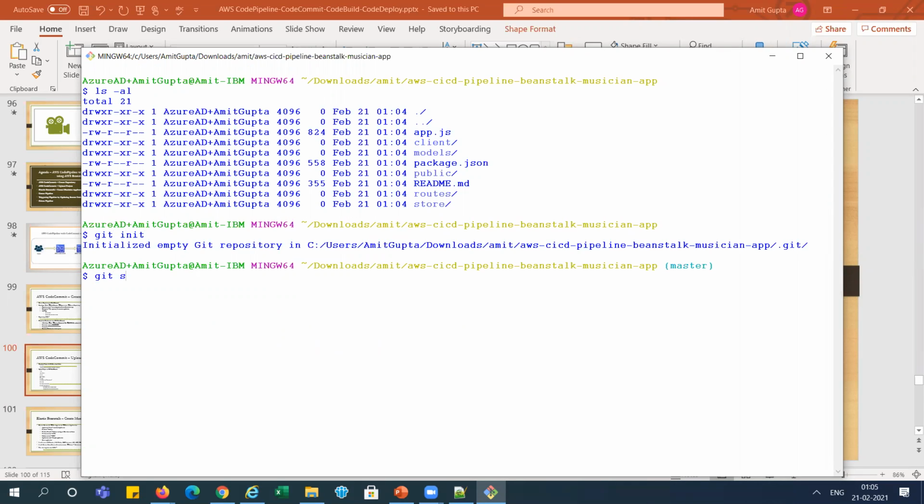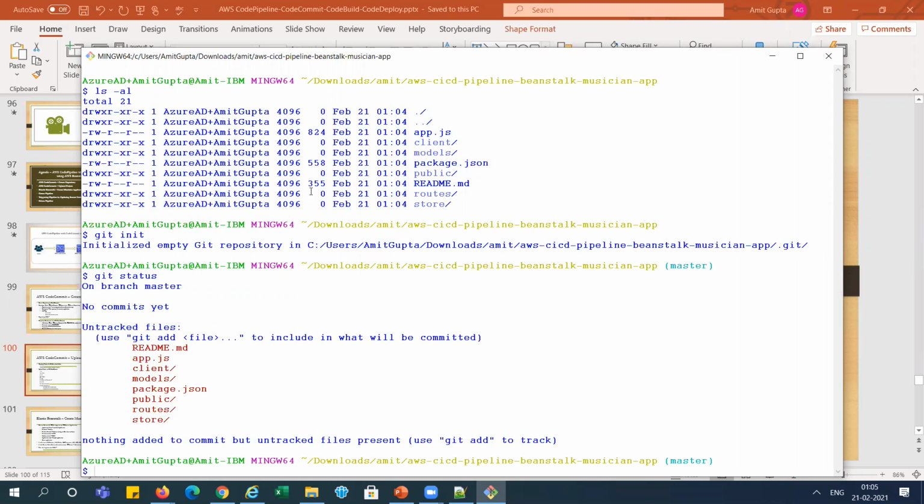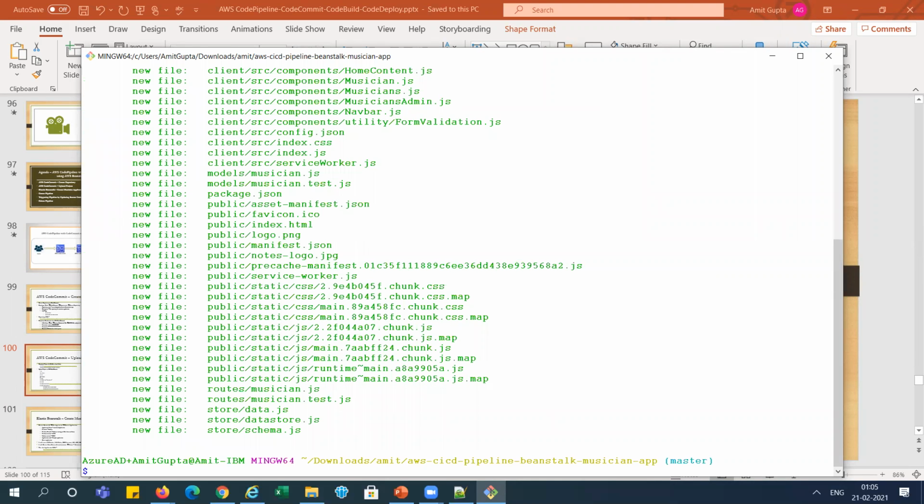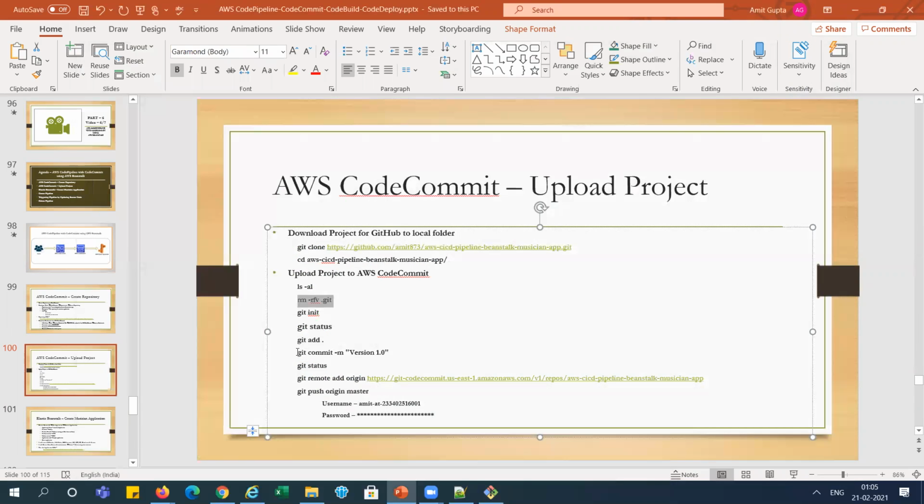Now we can see git status. It will show lots of files we need to add, so we will add them. Now the status shows them added. Now we need to commit it.